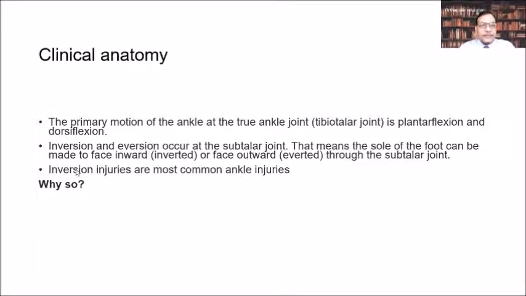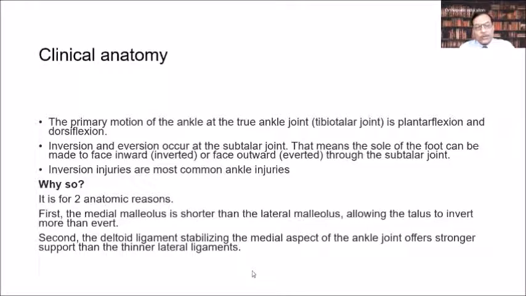Inversion injuries are the most common ankle injuries. And why so? We have read in the books that it is most common and that is correct. But why is it so? The reason is there are two anatomical variations. One is that the medial malleolus is shorter than the lateral malleolus, thereby allowing the talus to invert more. And the second is that the deltoid ligament is a very strong stabilizing ligament on the medial aspect